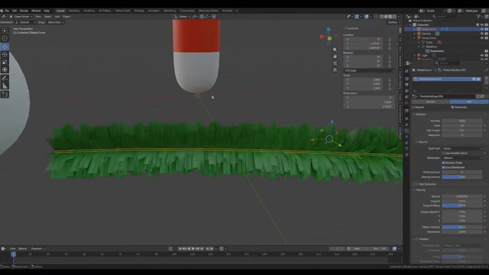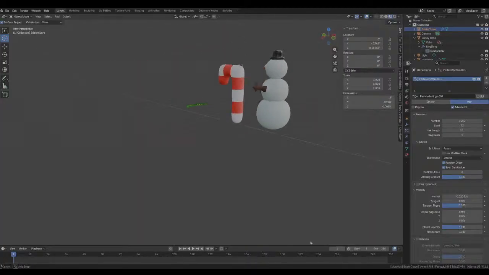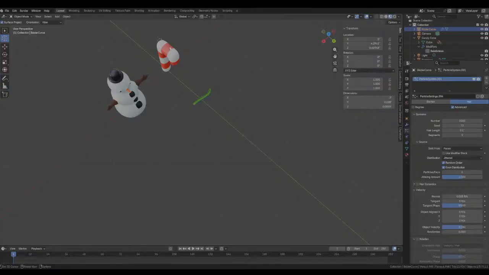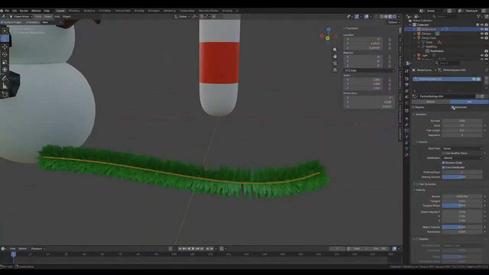Remove that. Here's what I'm going to do. I'm going to bring up like that. Maybe that might.